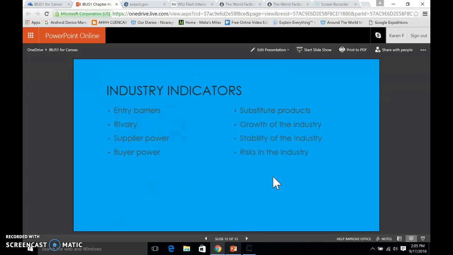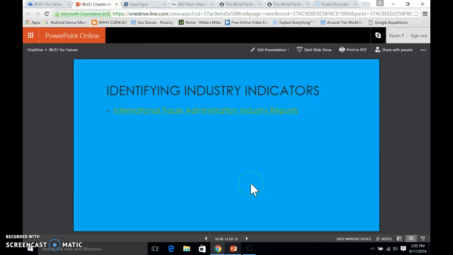As I said, last but not least, you'd want to look at industry indicators. Are there barriers to entry in that particular industry? Is that industry stable? What types of power do suppliers and buyers have? Are there a number of substitute products, etc.? And in terms of finding this information, the